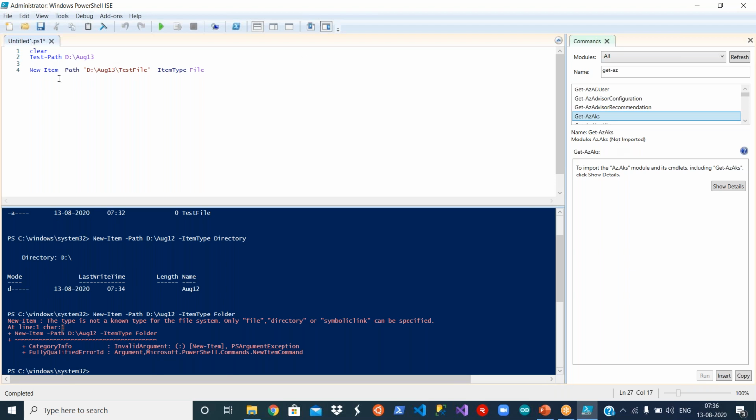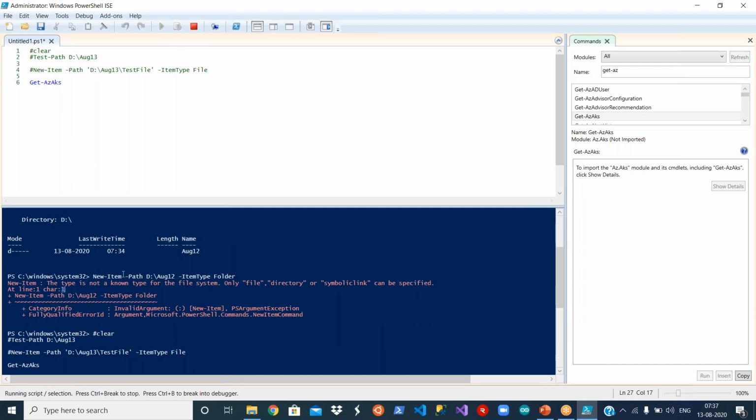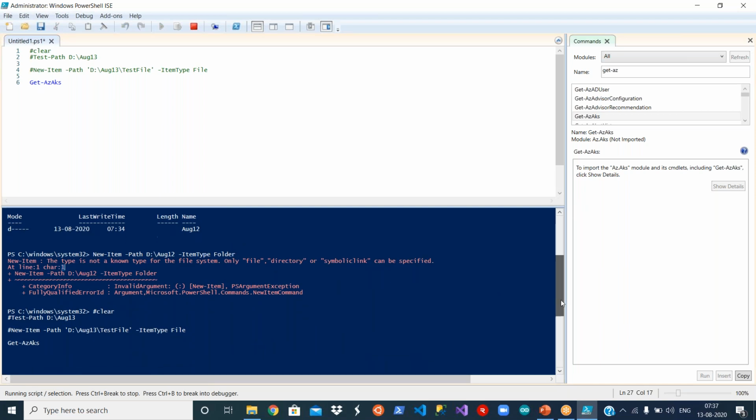That means if I go and, let me comment these lines, if I go and say Get-AZ-AKS and run this, it's not imported, right? It should give me an error.